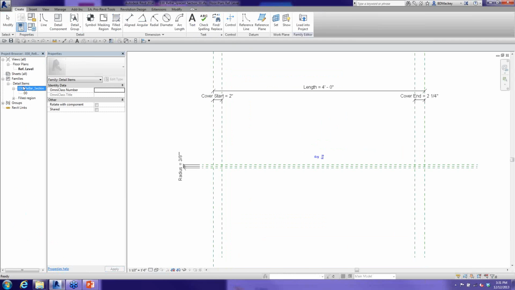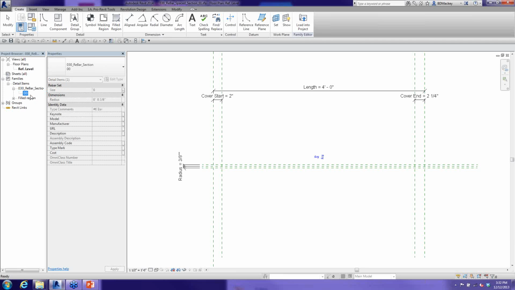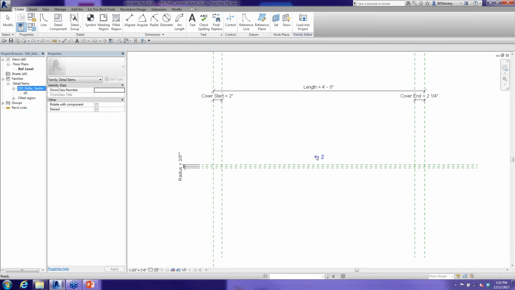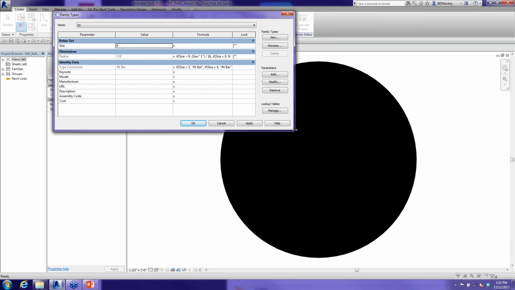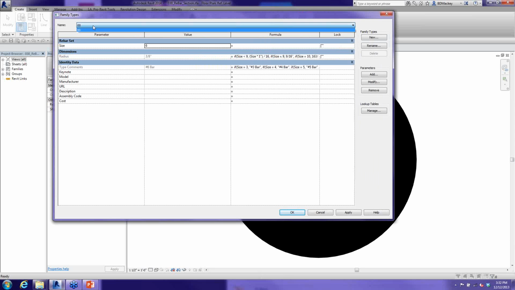So what I've done is I've created a rebar section family. Now, like I said, this is not the same rebar section family that I use for individual pieces of rebar. And the reason it's not is because I just come up with a size called 0, 0, because I'm going to do all of the mapping on this family inside of here. I'm not sharing this. I don't need to tag the individual rebar. What I'm actually doing for this family is going into those family types and mapping all of them. But I don't need to say there's like a size 6, a size 4, a size 9, because I'm not doing it that way. I'm actually mapping this size 6, which then controls the radius and the comments on that